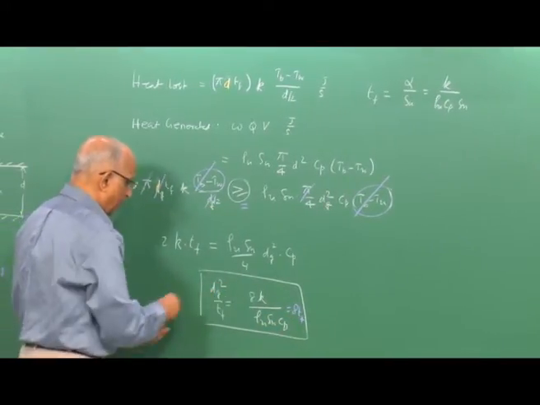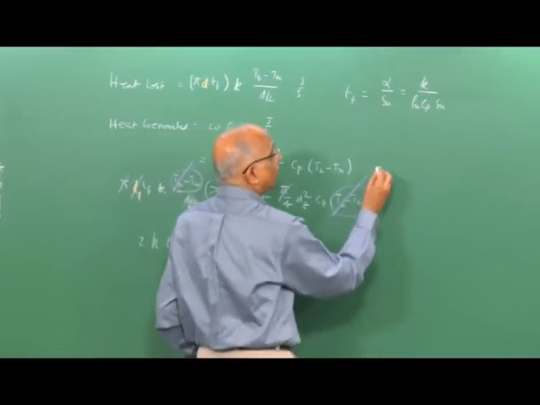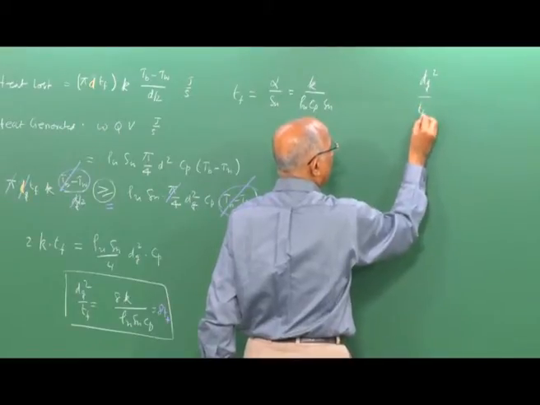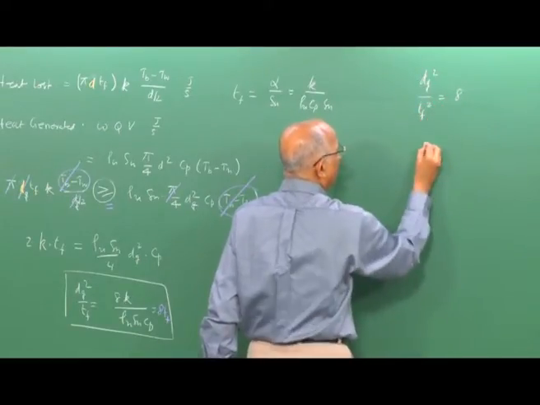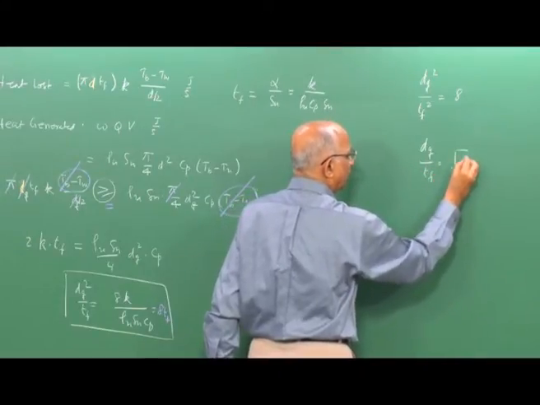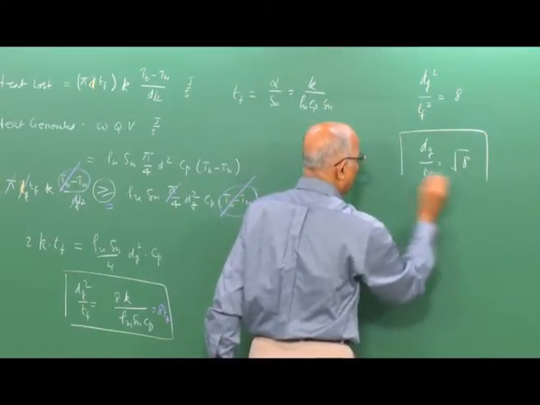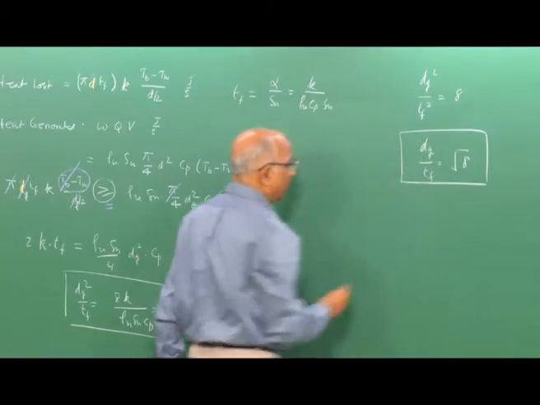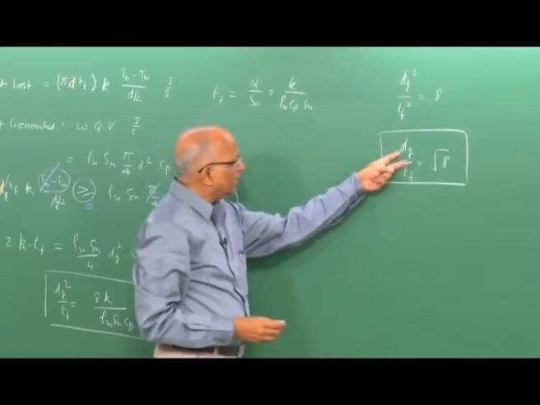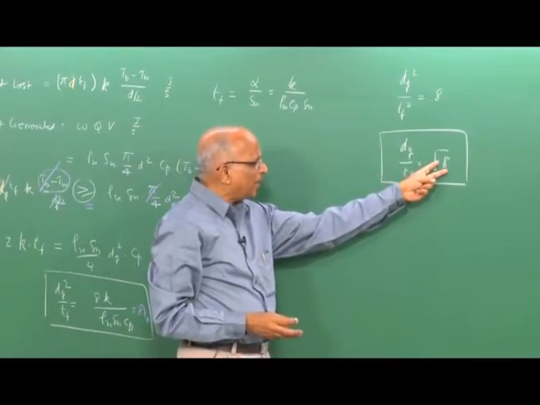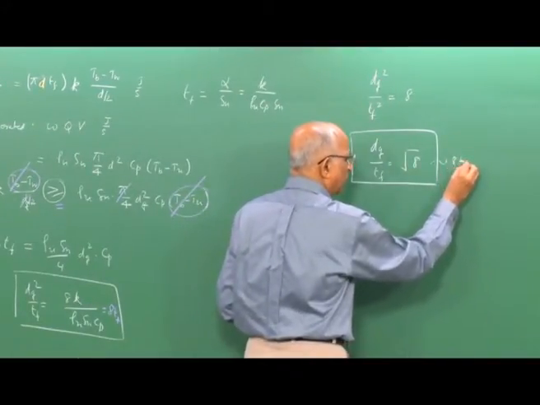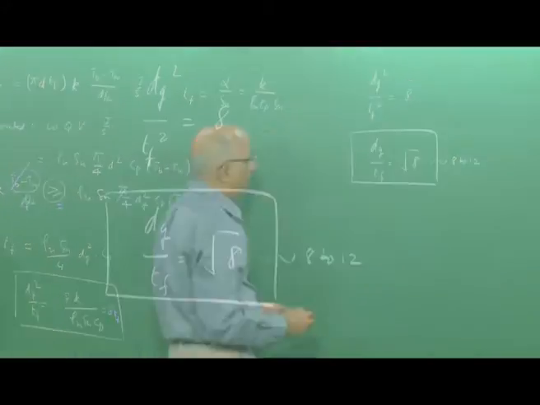this particular expression now becomes dq square divided by Tf square is equal to 8, or rather dq by Tf is equal to root 8. Well, we have succeeded in getting an expression for the quenching length scale or the quenching distance, and we find that the quenching thickness is of the order of something like 3, but in practice it is an order of magnitude greater, maybe of the order of 8 to 10 or 8 to 12, let us say, is the value